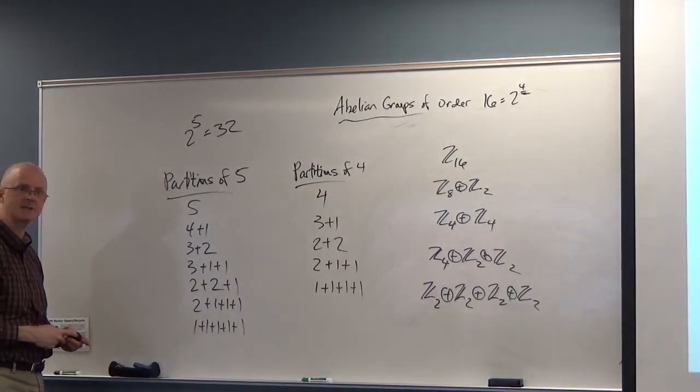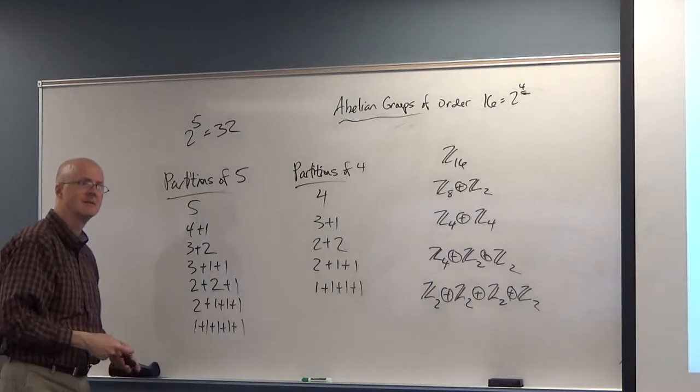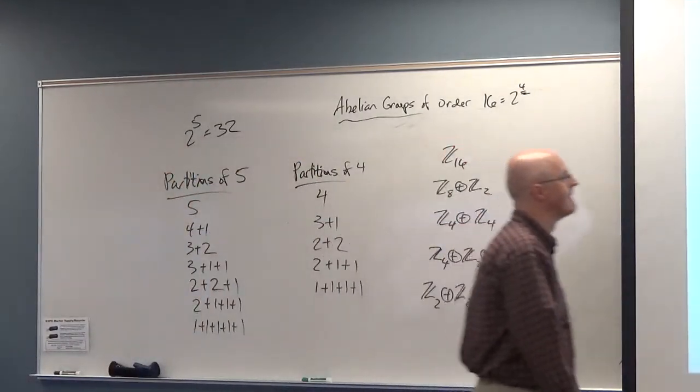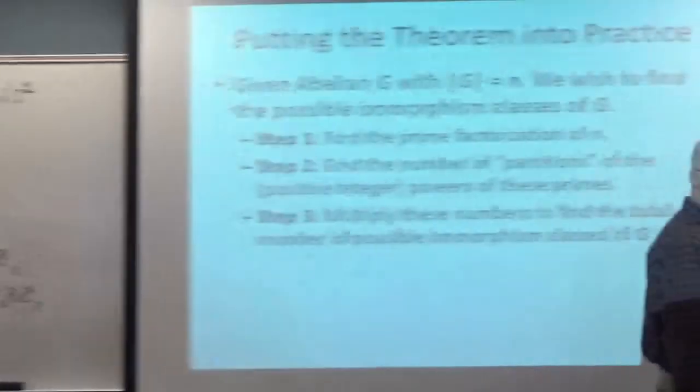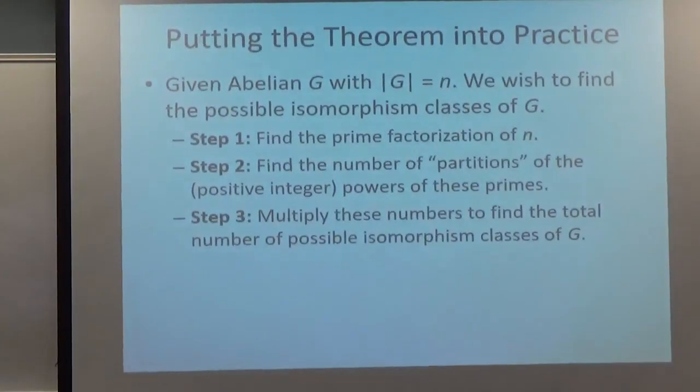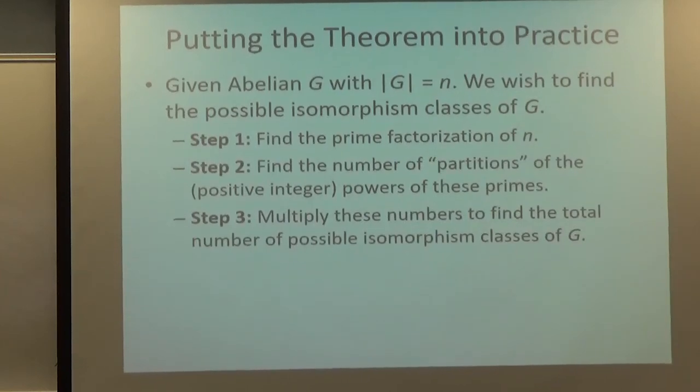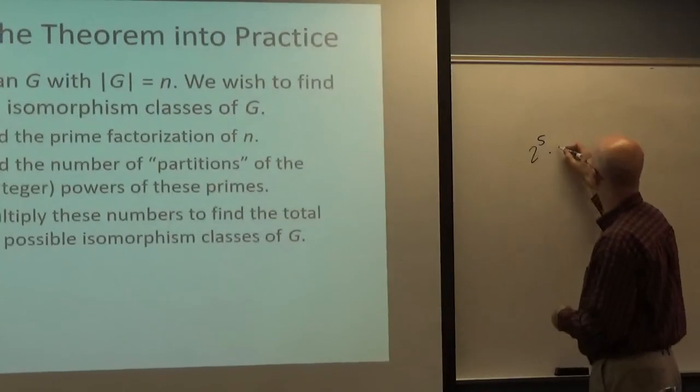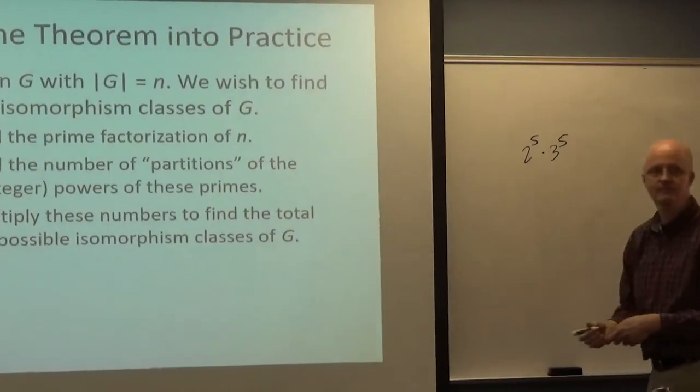Think about examples that'll make sense. When you multiply the number of partitions, you get the total possible number of isomorphism classes. So, as an application of that, if you had a group of order 2 to the 5th times 3 to the 5th,